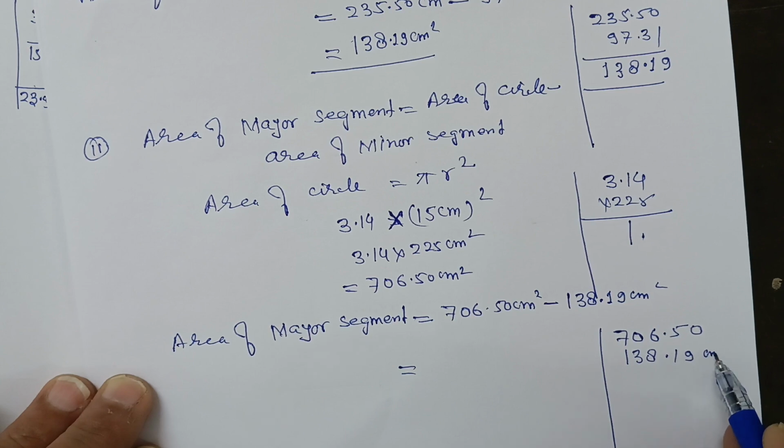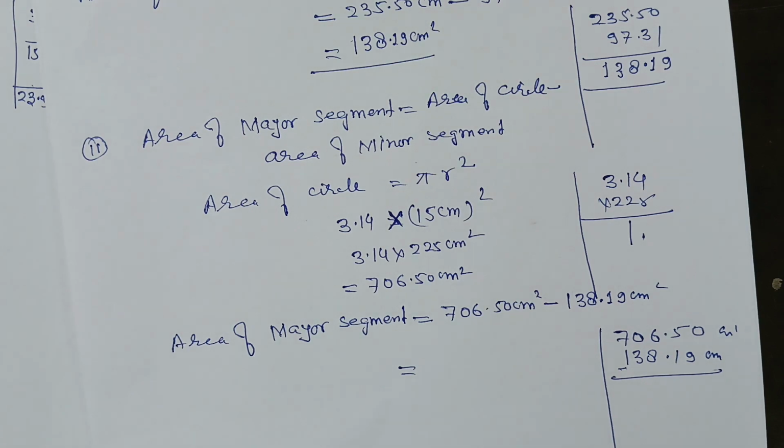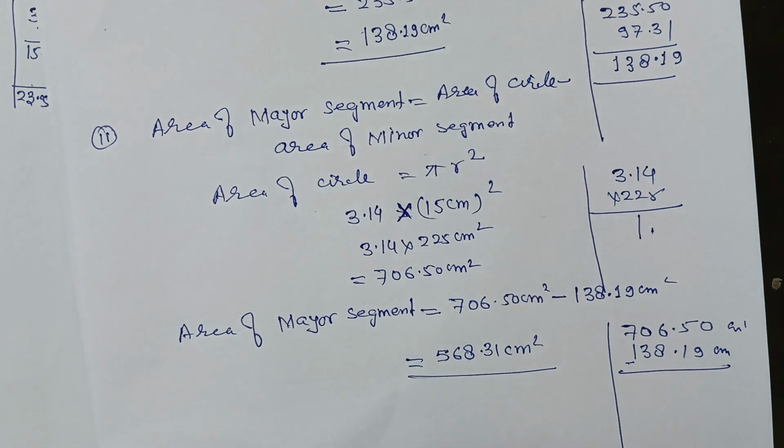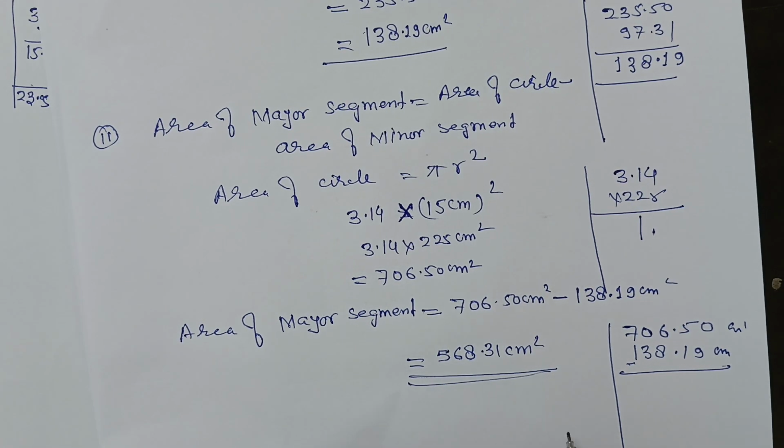On subtraction you will have 568.31 centimeter square. So this is the method to find the area of the